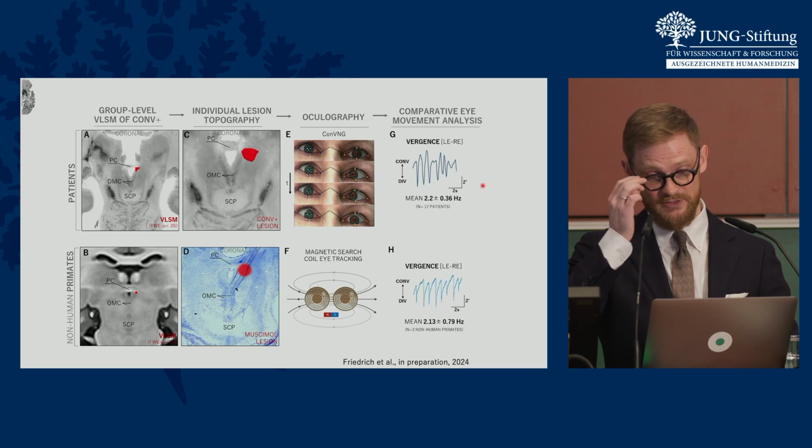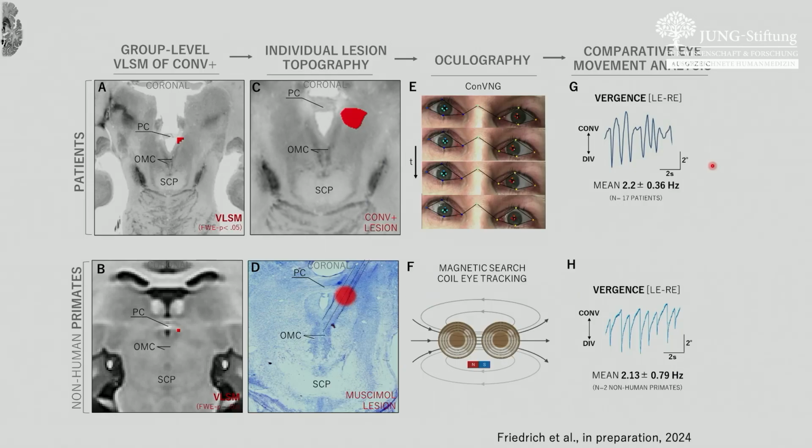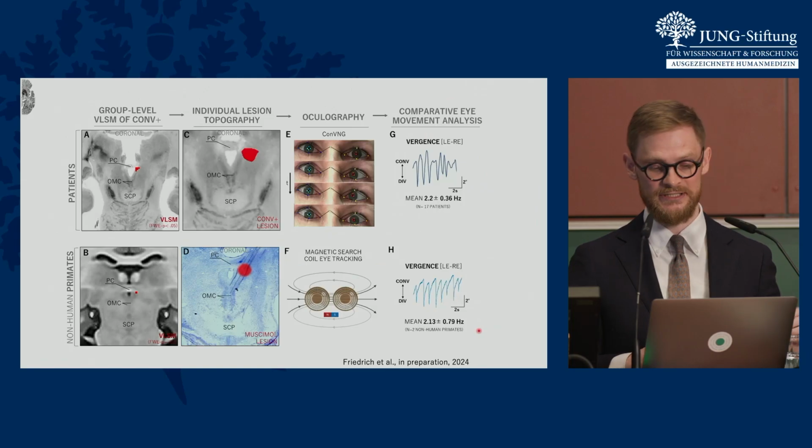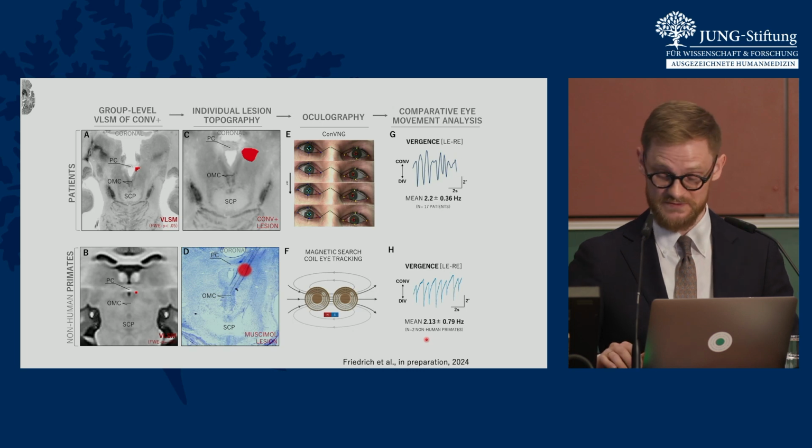And now I teamed up with non-human primate researchers from Houston, Texas, with Balab Das's group. And we just so happened to find a couple of lesion cases in monkeys. And these lesions were made by pharmacological precision injections that deactivate neurons in that area. And you can see that here, the monkey brain, and here the human brain, those are the same spots. And interestingly, the eye movement consequences were also almost identical. So you could create the same problem as in our patients in the monkey, happening at a very similar frequency.